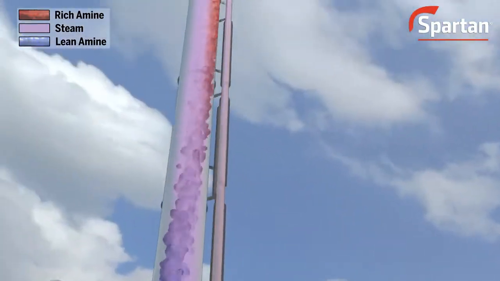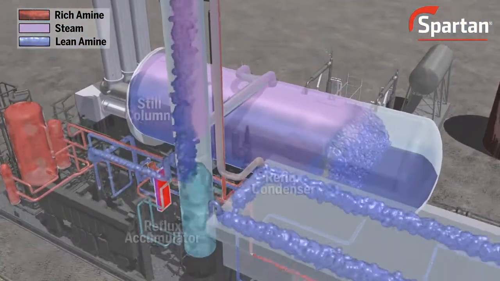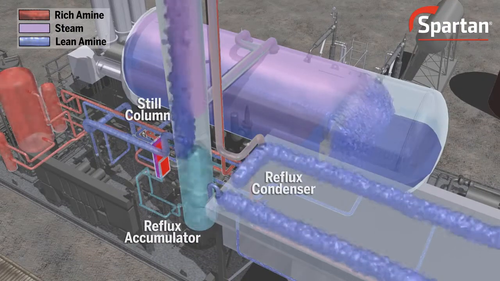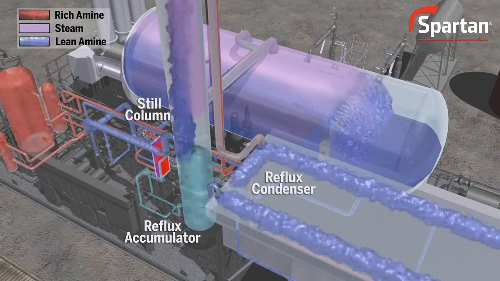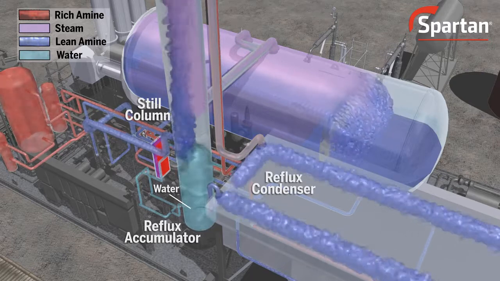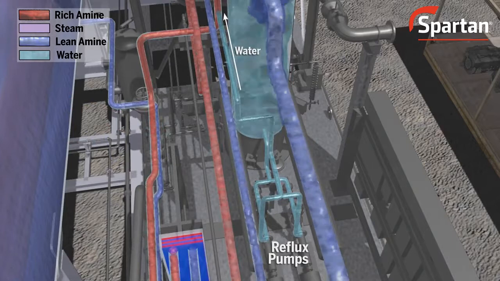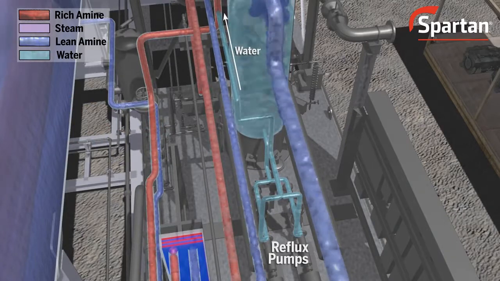This steam exits the top of the still column, flows through a reflux condenser, and then enters the reflux accumulator, where acid gas is separated from the water. The acid gas can be sent to a thermal oxidizer or disposed of in other ways. The water is recycled back into the system, being pumped into the rich amine solution by reflux pumps before it